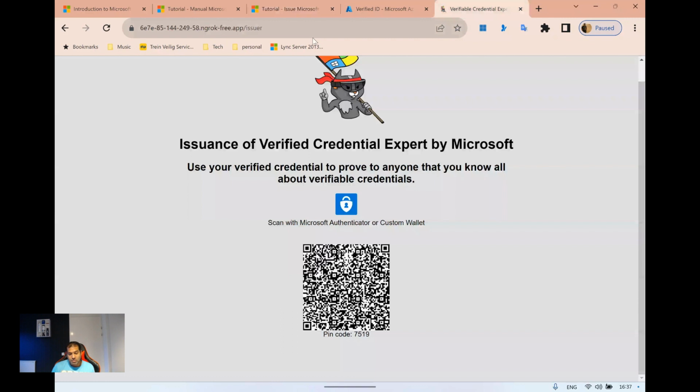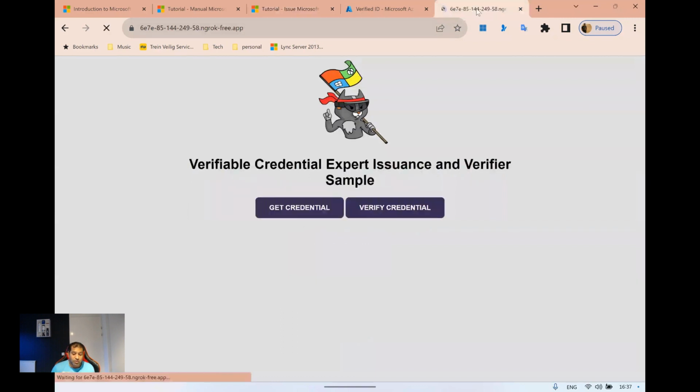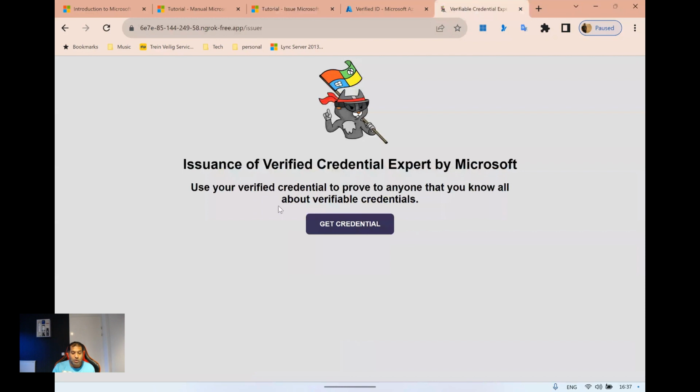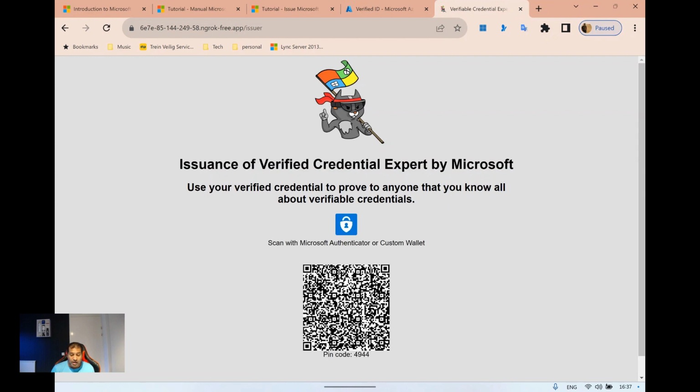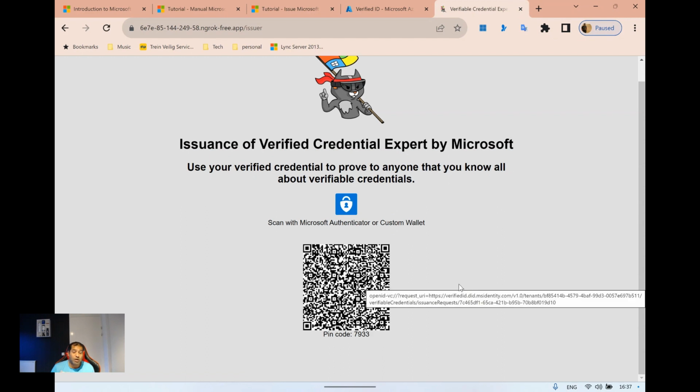it would show you two screens: get credential and verify credential. Get credential is used for issuing. The moment you click on get credential, it is going to give you this message. And again, when you click on get credential, it would bring you the page where it's allowing you to scan this code in your authenticator app, and you see a pin code at the bottom. You need to use that pin code to complete the verification. The moment you do that, you will be able to get a successfully issued verified ID. I've already done that, and you could see that on my mobile phone. So this is the first step of verifying credentials to prove to anyone that